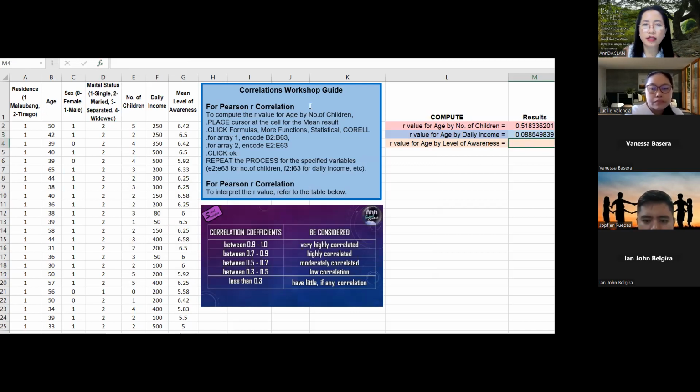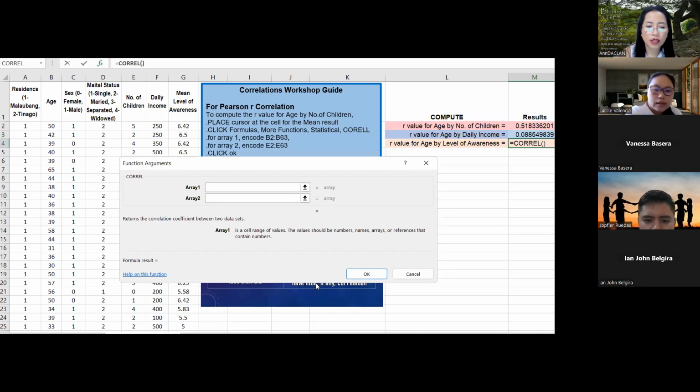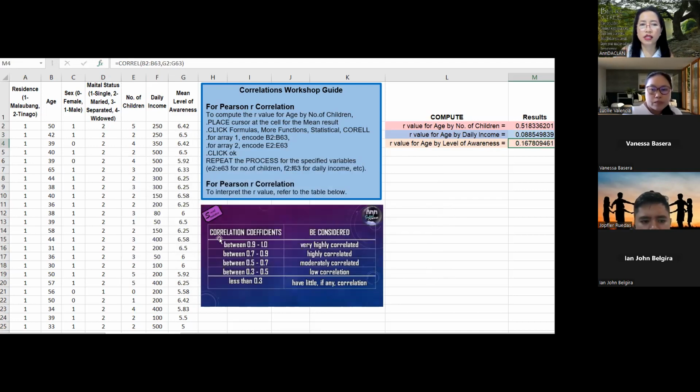And then the next is for level of awareness. So B2 to B63. And the level of awareness is in letter G. So G2 to G63. So based on this table for interpretation,